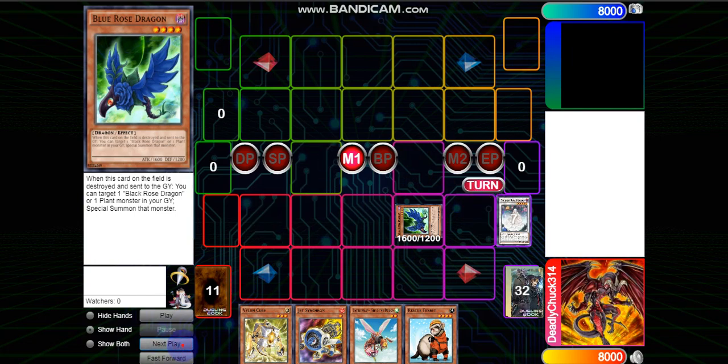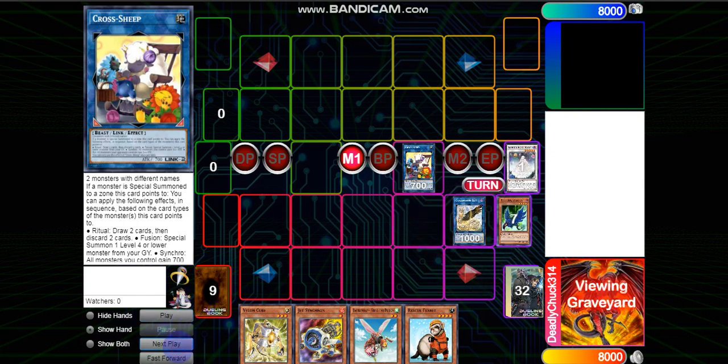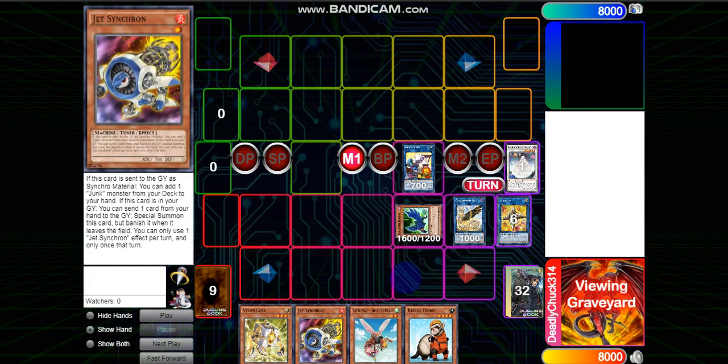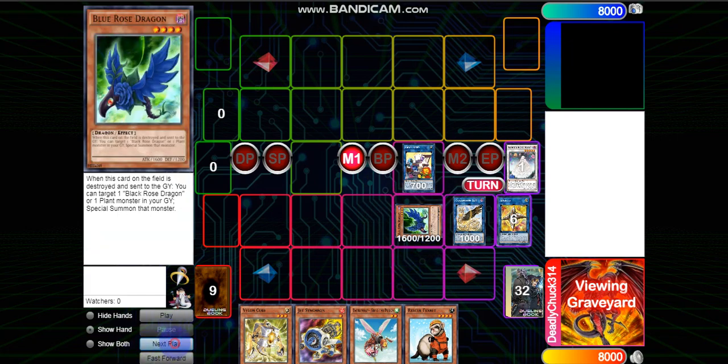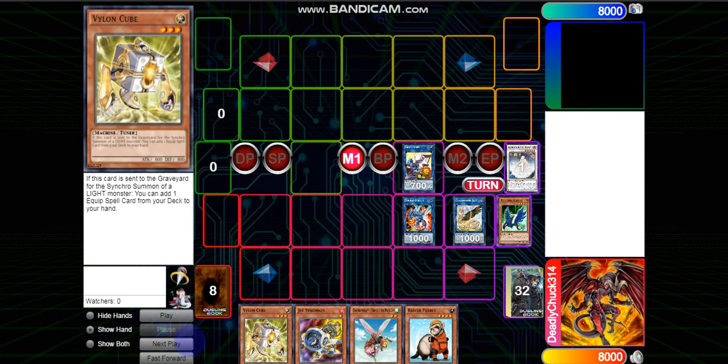Next we will go into the Lost Sheep, Cross Sheep. Next we'll link that off for an LP. We'll use Garden Rose Maiden in the graveyard to summon back your Blue Rose Dragon. We're going to link that Blue Rose Dragon into a Striker Dragon. Now since Cross Sheep and Striker Dragon point to the same zone, LP will trigger summoning a Brotar from our